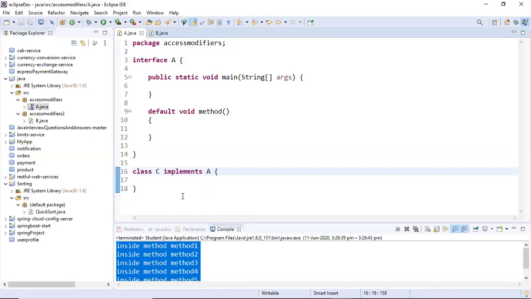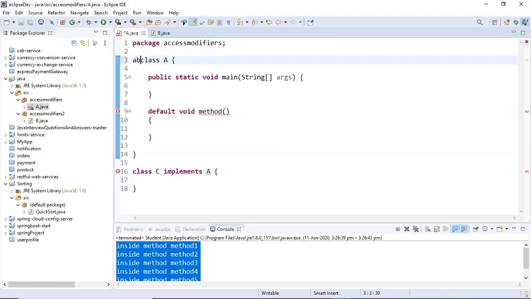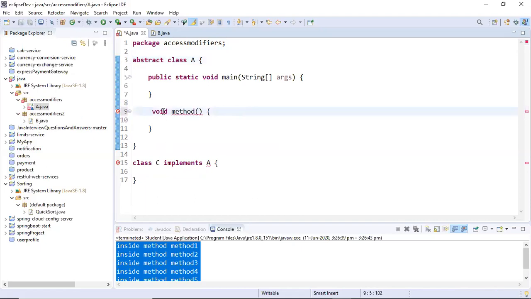So as you can see, all errors have gone away. So we can use the default keyword just before the method after Java 1.8. But if I change it to class, it will give an error because default keyword is not allowed. Even if I write abstract, then also it will give an error as I demonstrated to you just now. So default keyword is not allowed. If I remove the default keyword, everything is fine. So default methods are allowed.